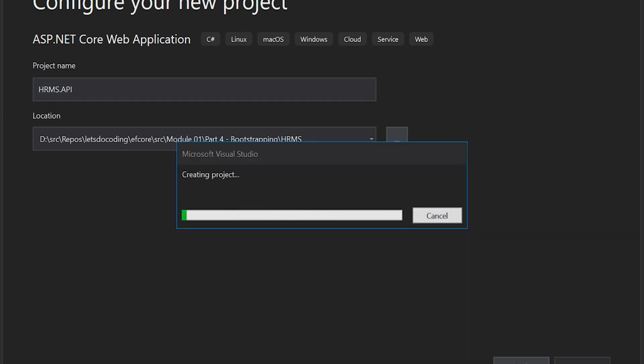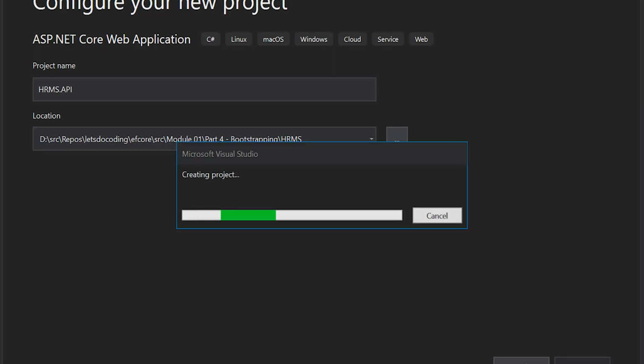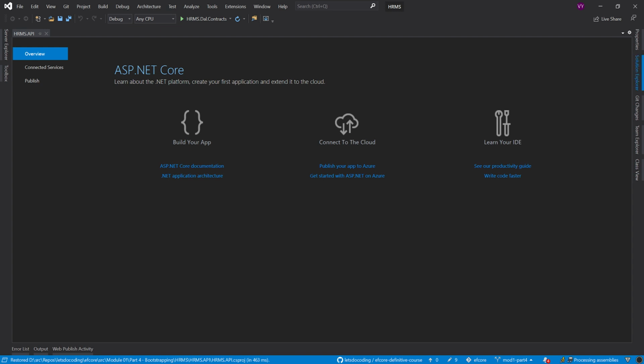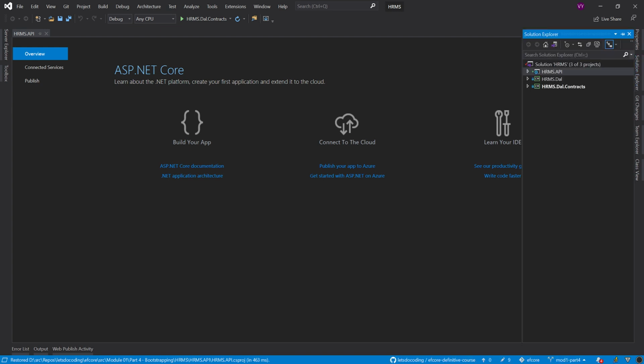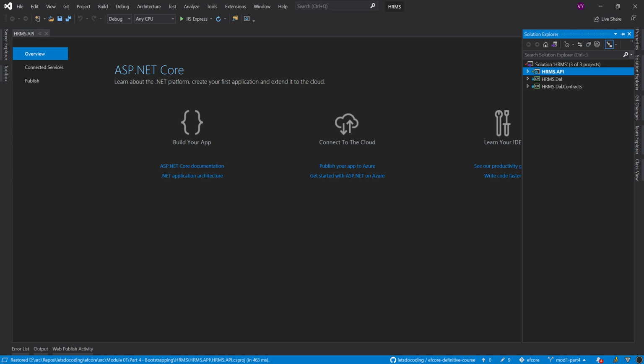The template that we have to choose right now is the ASP.NET Core web API. We would be starting with the REST controller, so we don't need any sort of advanced functionality. And anyways, we can do that as required down the line. So let's first create the solution and move forward. All right, we have the project ready and here it is. And I will select this project as a startup application right now because we have an executable project now. So just moving that as startup.